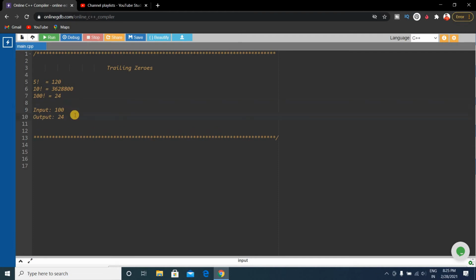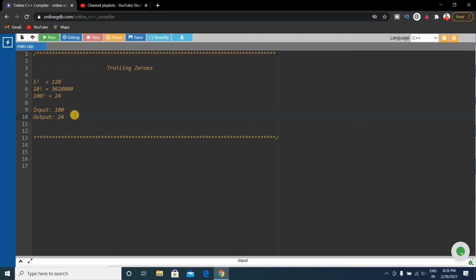So friends, you know, calculating the factorial of a small number is very easy, but finding the factorial of a large number, suppose 100 factorial, is quite difficult because you can't use int or long int, since the size of 100 factorial is very big.